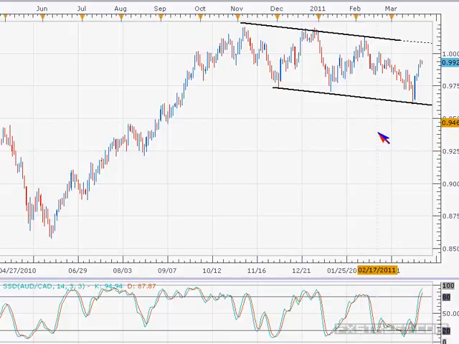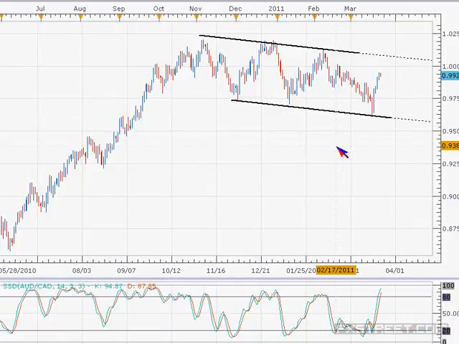And so, but again, that's using emotions. We're getting emotionally attached to oil and thinking oil has to go up, but oil doesn't have to go up. We're just taking in some of these worldwide events that are going on and thinking that it has to go up, and therefore we're thinking the Canadian dollar has to get stronger. But this pattern is suggesting that on a relative basis, the Australian dollar may be stronger than the Canadian dollar